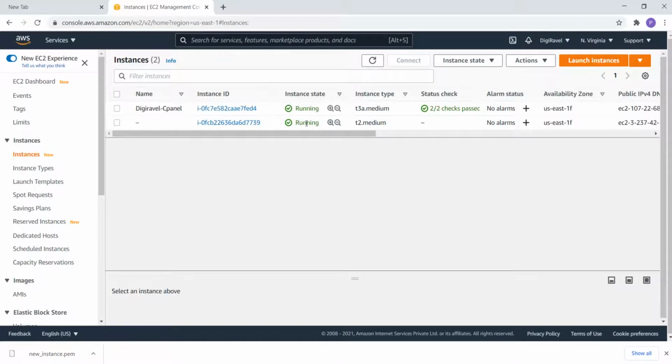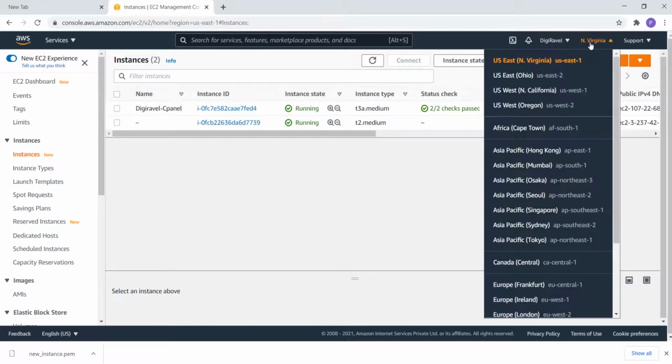How you select the region is whichever region is near to your location and near to your users or traffic. Say if you stay in India and you are focusing on US users, then you can go with any of the nearest US data centers like Ohio, North California, North Virginia, or Oregon. If you're looking for traffic in Hong Kong, then you can go for Hong Kong servers, or if you're looking for India, then you can go for Mumbai servers. So again, this depends on your requirement.